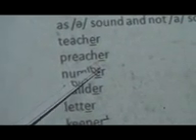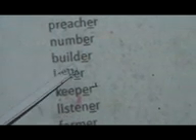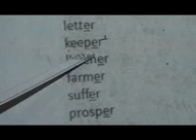Examples are teacher and not teacher, preacher and not preacher, number and not number, builder and not builder, letter and not letter, keeper and not keeper, listener and not listener,